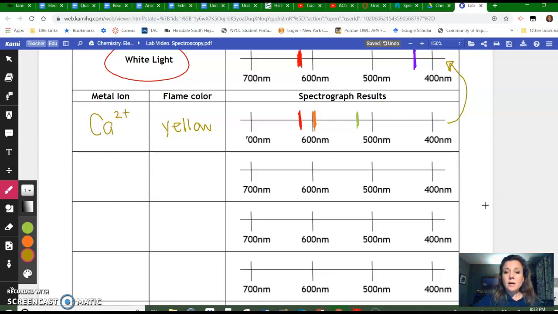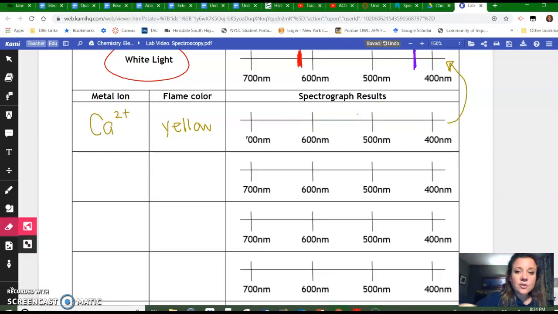Again, always referring back to your white light spectrum as a guide. For some of you, it might be easier for the person who's using the spectroscope, instead of trying to color when the lights are off, to just call out the color lines that they see. So if they see red, orange, green, instead of taking the time to try and draw that here, you can just write red, orange, green